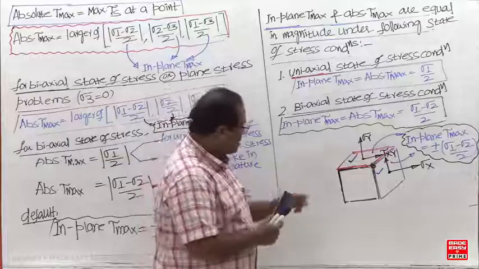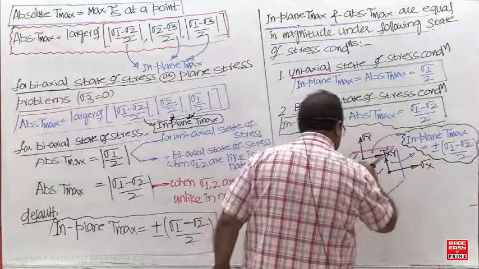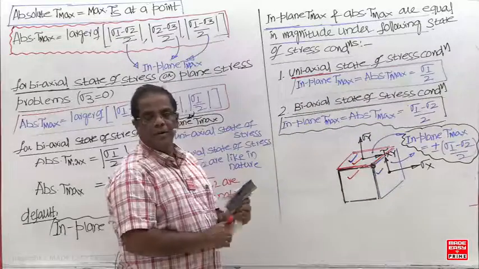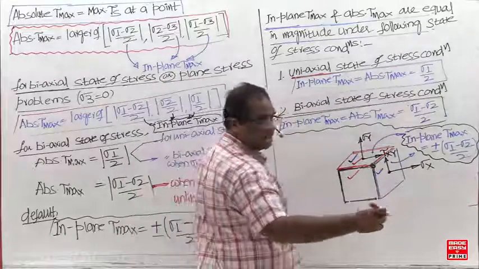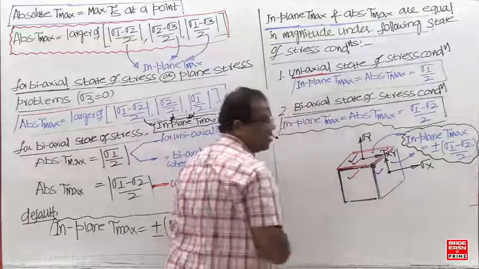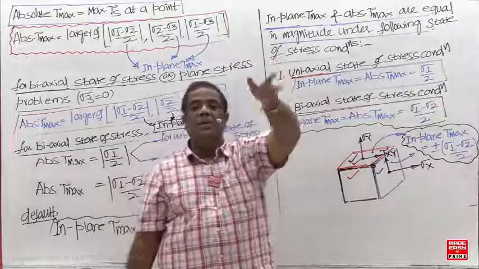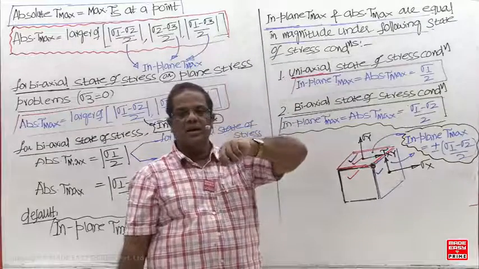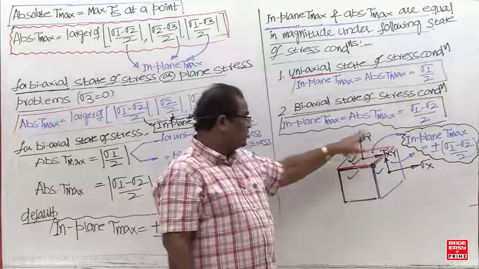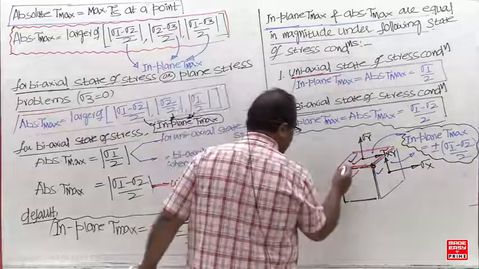Next, we are going to assume this point belongs to y and z. When the point belongs to y and z, how many independent components? This is sigma z, it is 0. This is tau zy, and this is tau yz, 0. How many are left out? Independent components in the biaxial case, how many are there? 3: 2 normal and 1 shear. But here which ones are 0? Sigma z is 0, tau yz is 0. Only which one will be there? Sigma y. So when the point belongs to y and z,